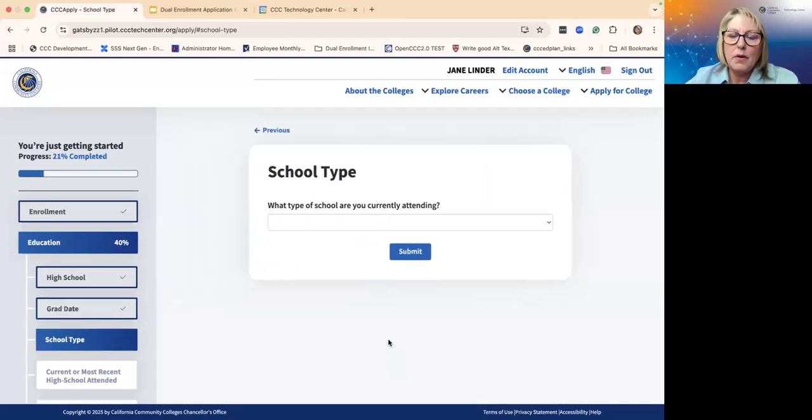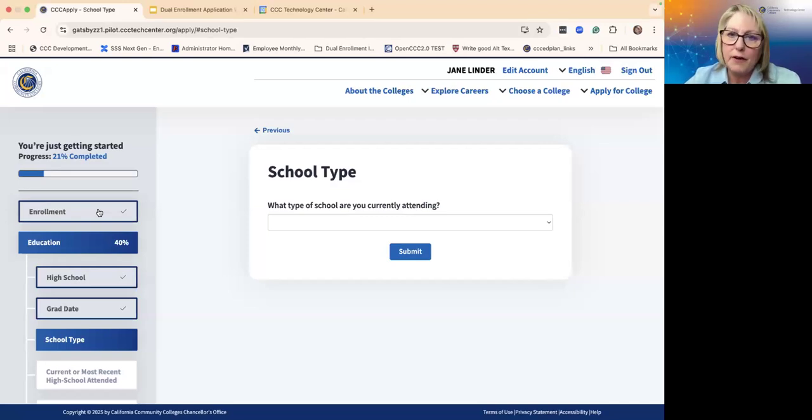What you haven't seen, and I'm going to point over here to the left, is that we have also had a lot of feedback on showing students how far they've come, with encouragement that they're just getting started. Again, we want to figure out what to say when they're halfway, and when they're all the way through, and that's something we're going to work on with our pilot schools. But there's this indication of what you've done. You'll see enrollment's done in three questions,